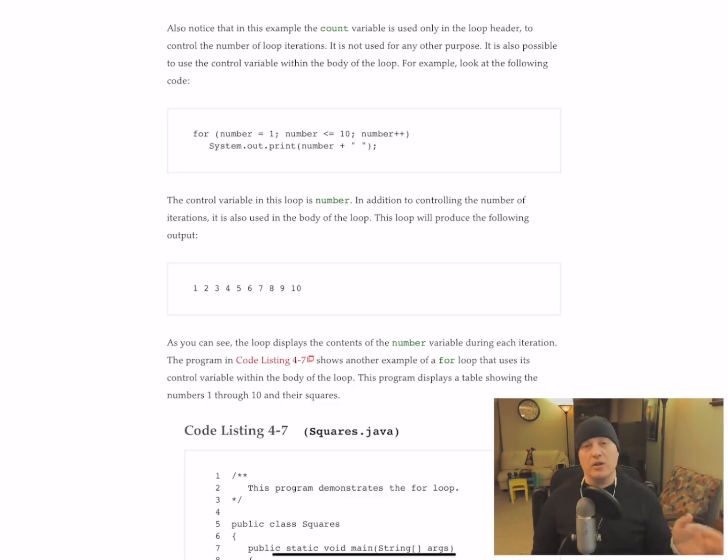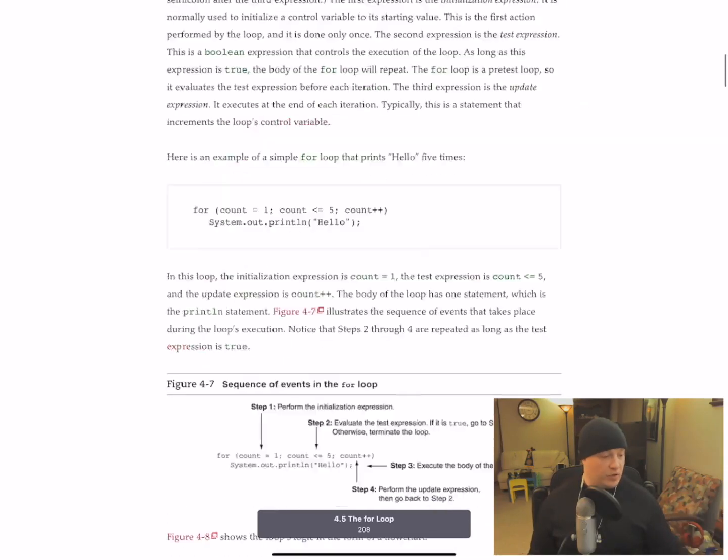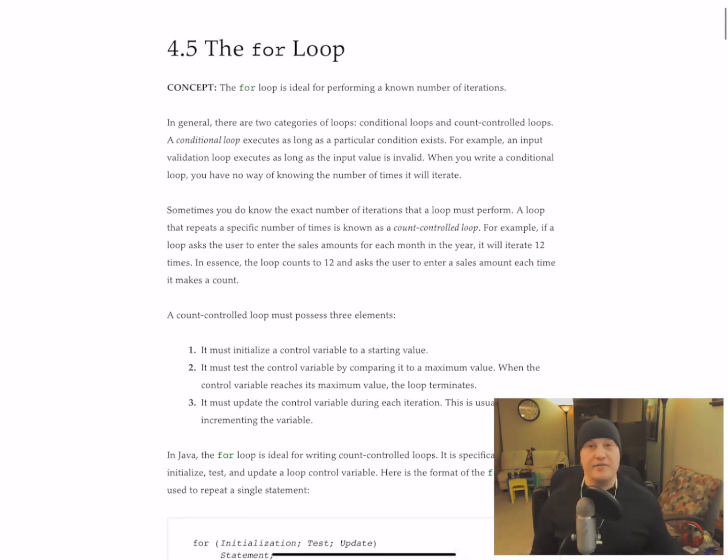Look, stick to counting up or counting down, and that's perfect as long as you can do it by ones. So don't get cutesy. That's what some of the rest here of the for statement tells you. Do take a look at some of the other conditions that you can put in there, and continue down through here with, I believe it's 4.4, 4.5, the for loop,